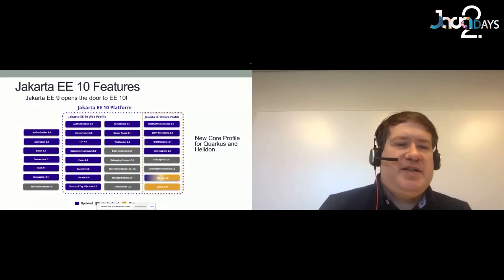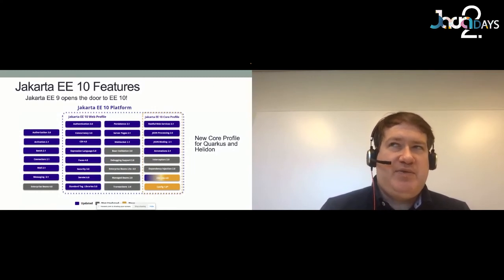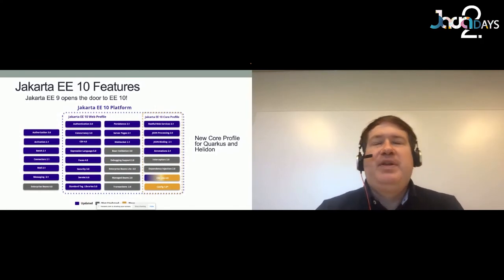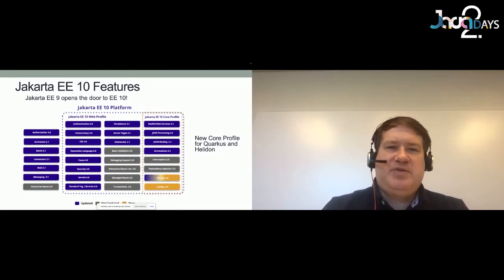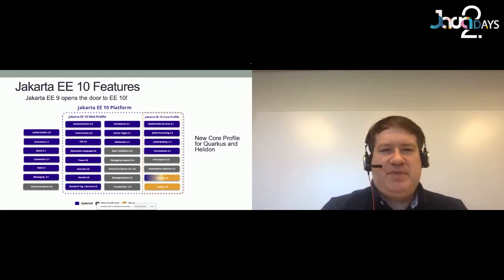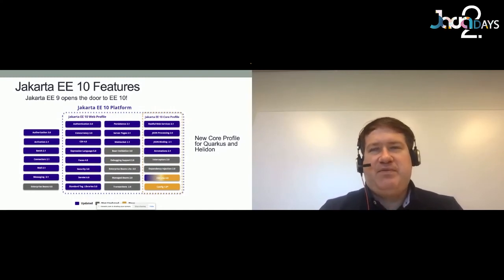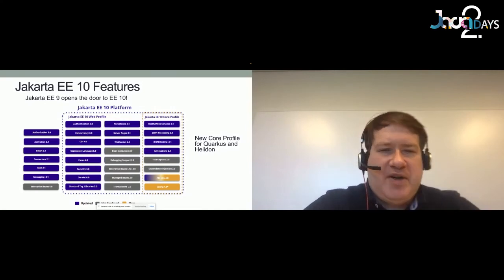So that's the transition to Jakarta EE 9 in a nutshell. You've got two approaches for doing that. If you're not going to be supporting an application going forward, and you're just trying to get it to run and see what the impact will be, you can use the Eclipse Transformer. The code transformation is if the application is going to continue to evolve. That is where you'd want to go into the IDE, update your Maven dependencies, and get it up and running correctly, fully with your code base on Jakarta EE 9.